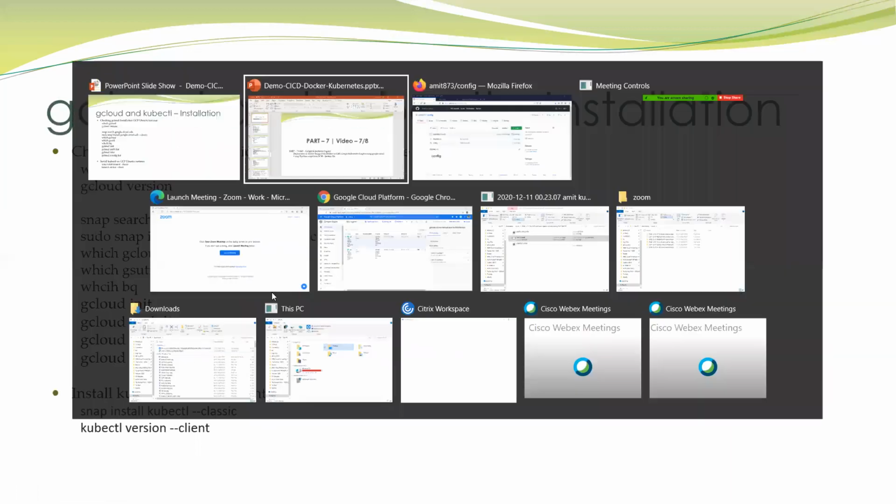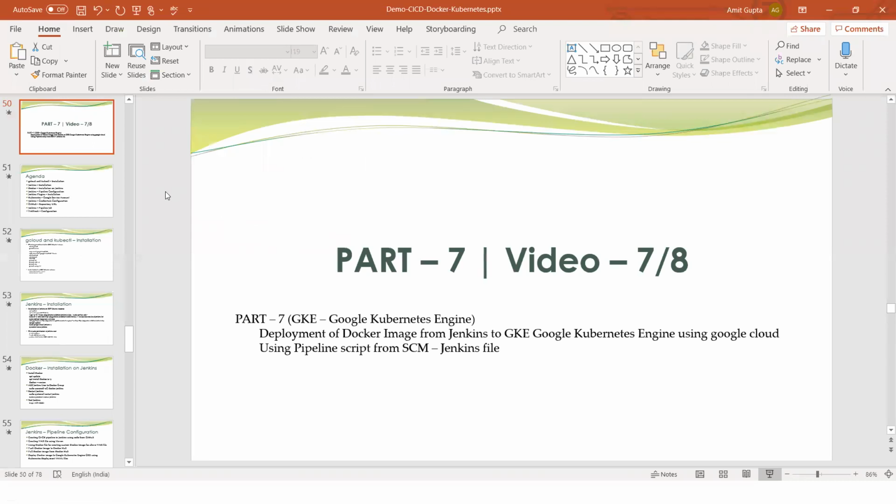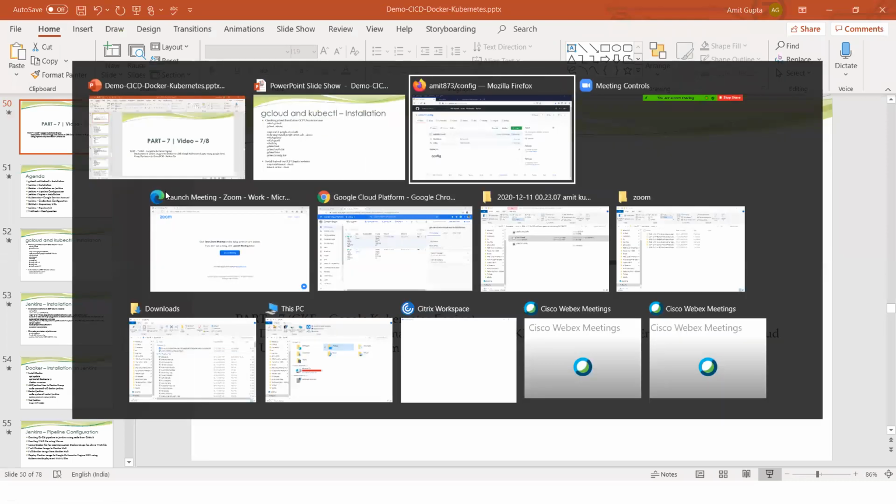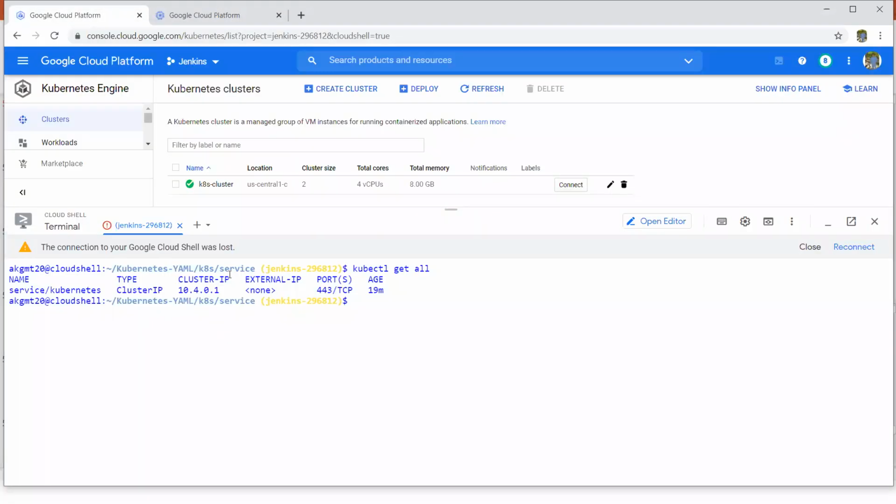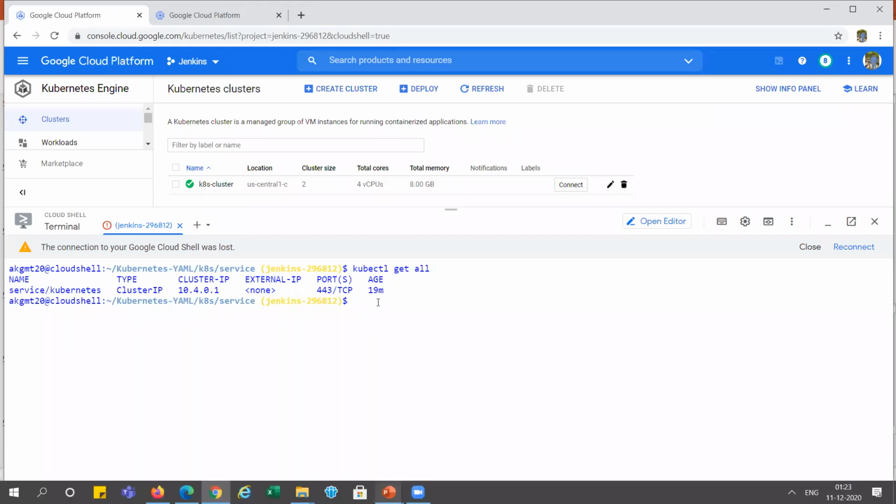In our last video, we have already created, let me show you, the Kubernetes cluster. This is named K8s cluster, and this is the location.